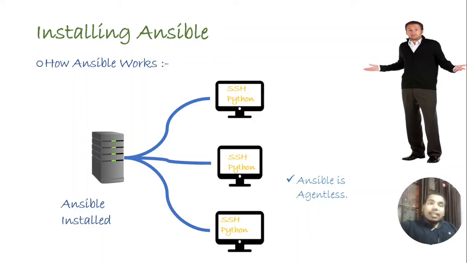In fact, there are some things you can do on a client machine even if it doesn't have Python installed. Devices like Cisco switches and routers, on which we can't install Python, can still be managed. All you really need is SSH. If you have a working SSH, Ansible can manage it. Ansible is only installed on the computer that initiates the commands, in this case, the Ansible server. The server has already got the installation of Ansible. There is nothing installed on the client.